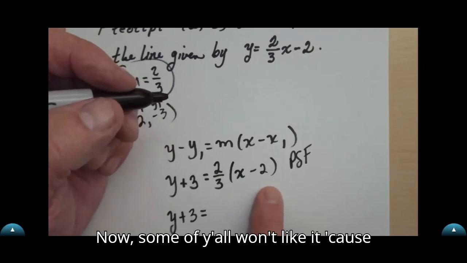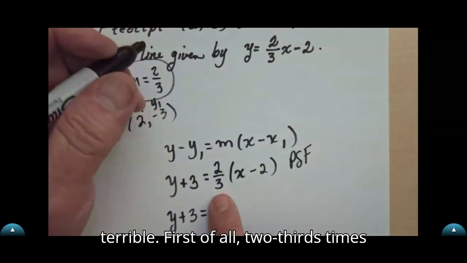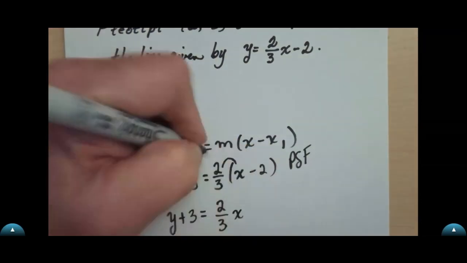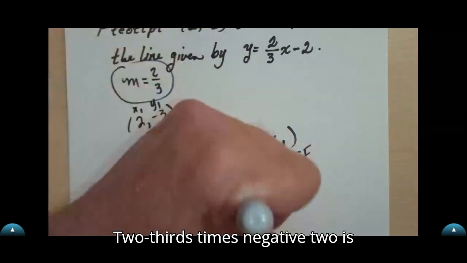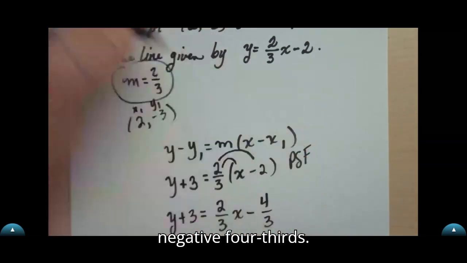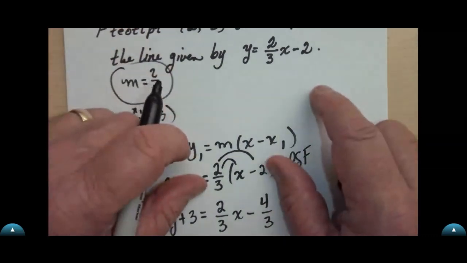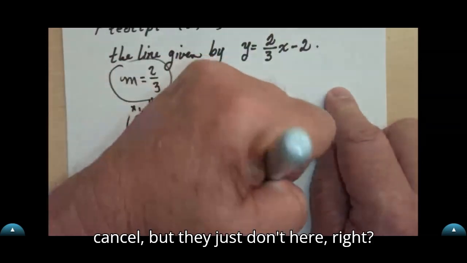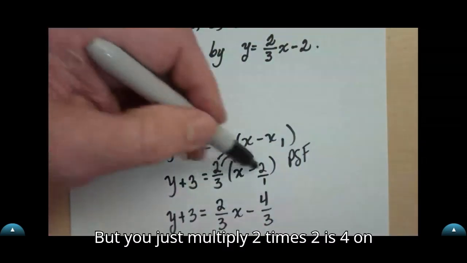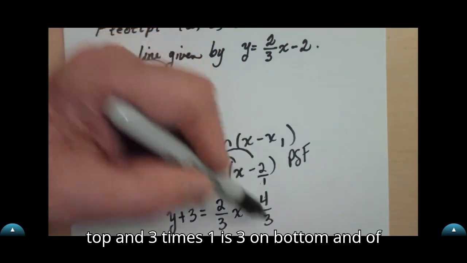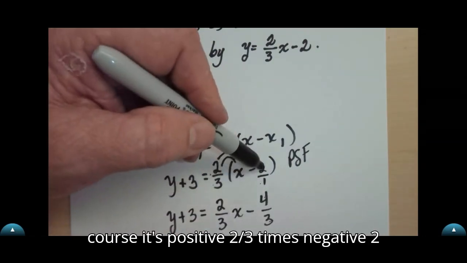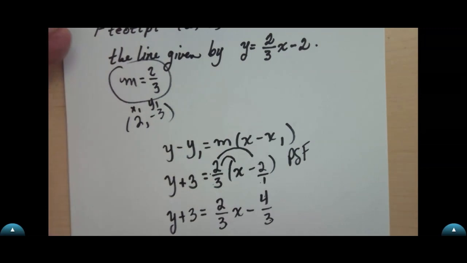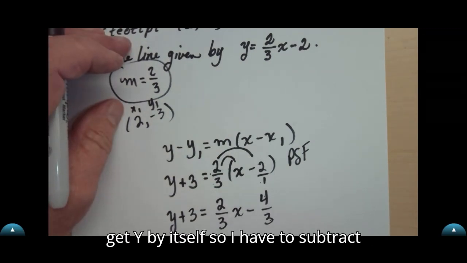Now, some of y'all won't like it because there's fractions here, but this isn't terrible. First of all, 2/3 times x is pretty straightforward. It's just 2/3 x. 2/3 times -2 is -4/3. And y'all look, if you have trouble, when we multiply fractions, it's always nice if the denominators cancel, but they just don't here, right? But you just multiply. 2 times 2 is 4 on top, and 3 times 1 is 3 on bottom. And of course, it's positive 2/3 times -2/1. So it's negative. Okay. That's not terrible,